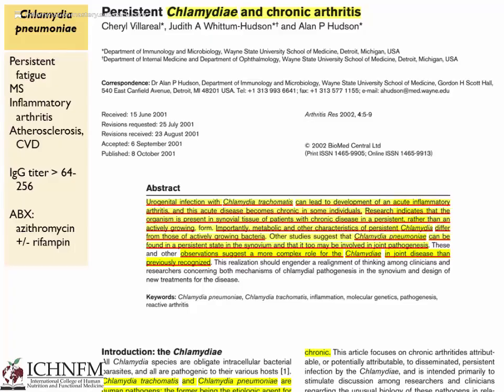Research indicates that the organism is present in synovial tissue of patients with chronic disease in a persistent rather than an actively growing form. Importantly, metabolic and other characteristics of persistent chlamydia differ from those of actively growing bacteria. Other studies suggest that Chlamydia pneumoniae can be found in a persistent state